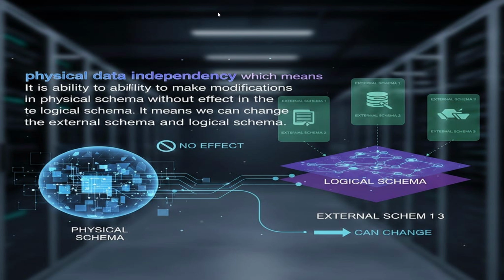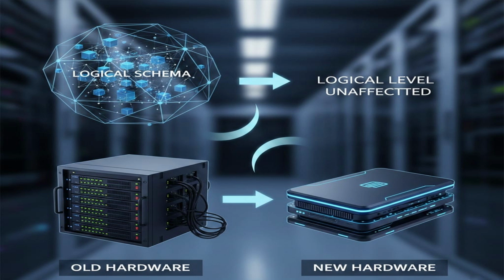In this, first is physical data independence, which is the ability to make modifications in the physical schema without affecting the logical schema. It means we can change the physical schema without changes in the external schema, which is the view and logical schema of the database. An example for physical data independence is when we want to change or upgrade the storage system, for instance replacing the hardware with another device, which will not affect the